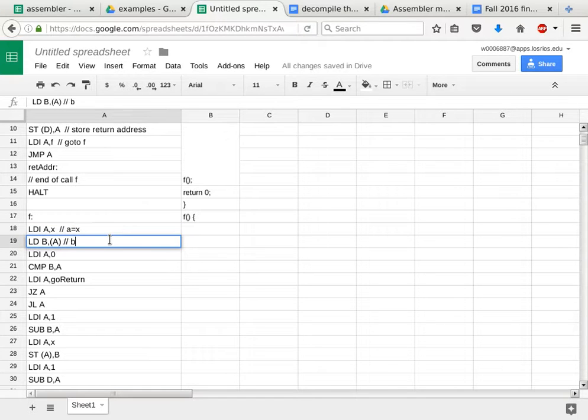And over here, we say B is whatever A is pointing to, which is basically X. So in other words, this is the same thing as saying B has the value of global variable X. So there's no direct representation in C because C does not have access to the registers directly. And then over here we have A being 0. So when we compare, we are actually just comparing X to 0. Okay, so this is comparing X to 0, or the value of X to 0, not the address of X